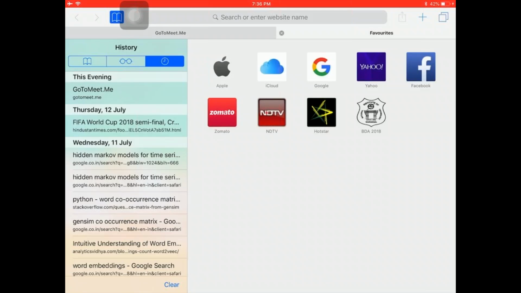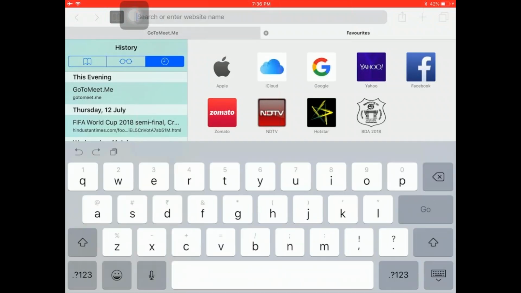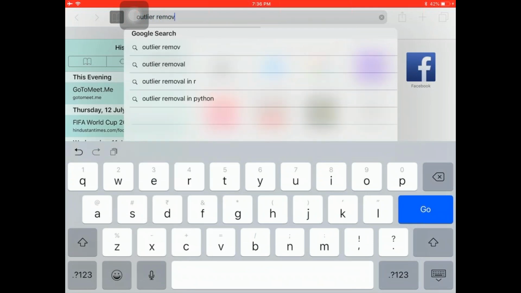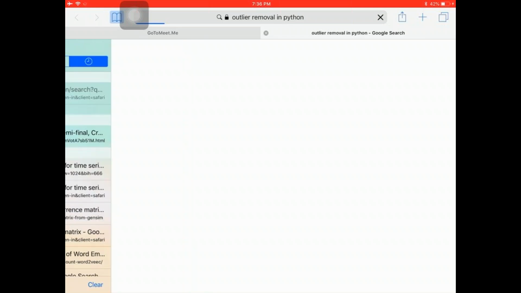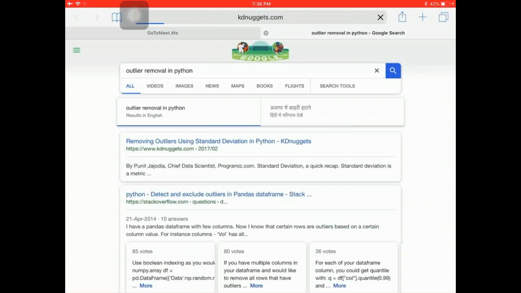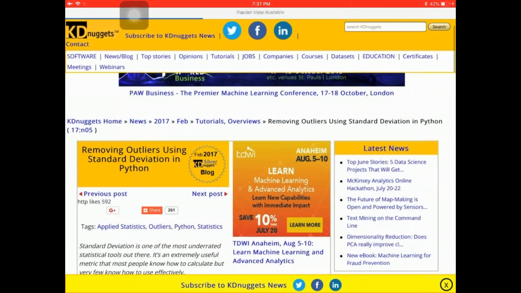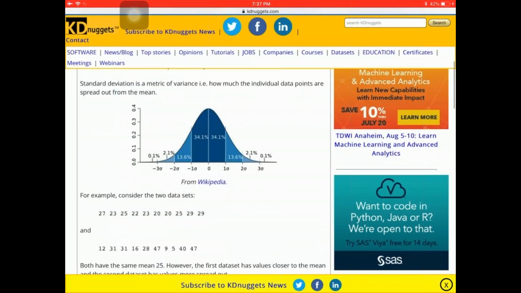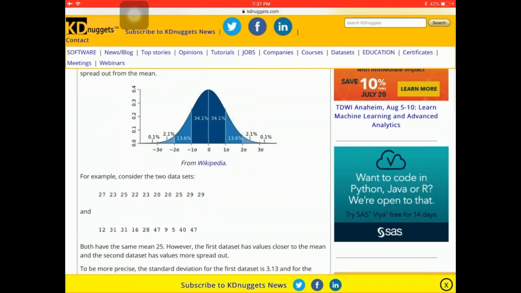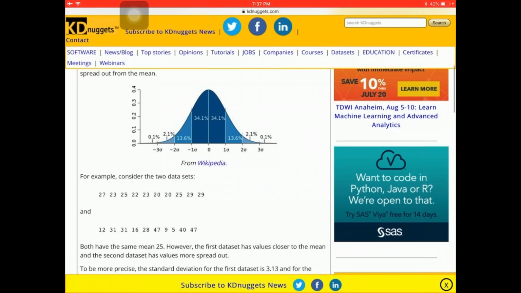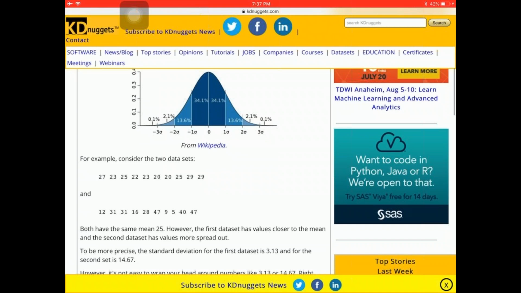let me show you if I can here. Outlier removal in Python. See, removing outliers using standard deviation in Python. That's what we did, right? We assumed a sigma of 2. So that's exactly what I was telling about, right? So I assume that this minus 2 sigma and 2 sigma, I can have the band anywhere I want to specify, right? I can have a 3 sigma process.